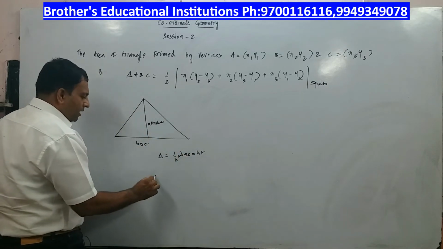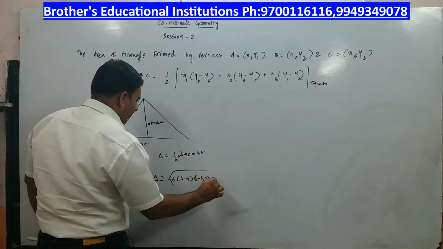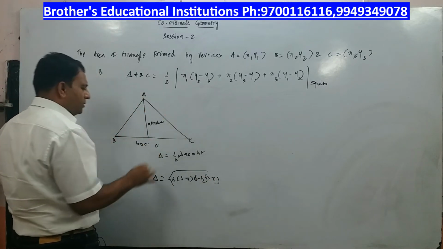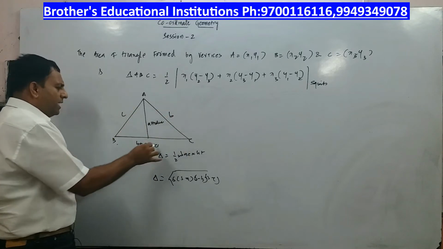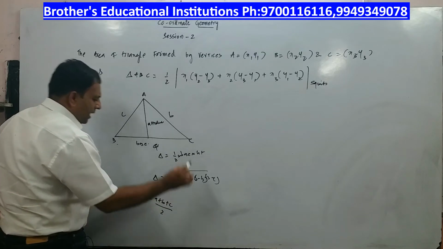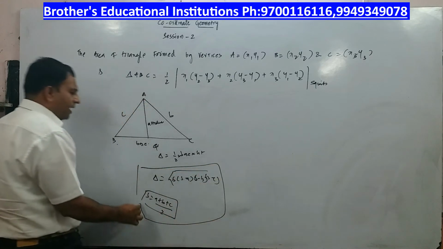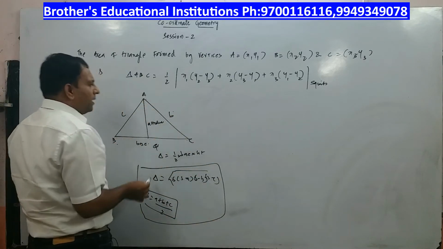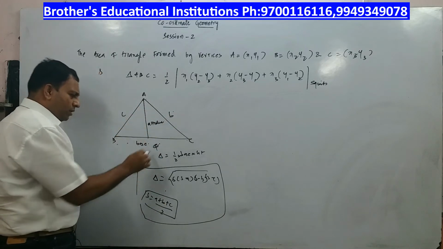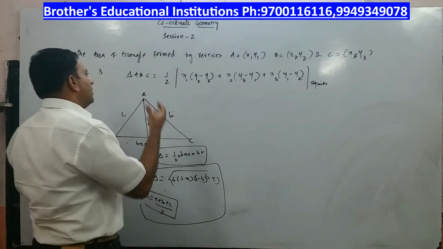Or you have Heron's formula, area of the triangle is equal to under root of s into s minus a into s minus b into s minus c, where this is a, b, c, and opposite to A is small a, opposite to B is small b, opposite to C is small c, where a, b, c are the sides of the triangle, and then s is nothing but semi-perimeter, which is given by the formula s is equal to a plus b plus c by 2. So in this way, through Heron's formula, you can calculate the area of the triangle when sides are given to you, or if vertices are given, you can find sides and apply Heron's formula. If base is given to you, height is given to you, you can apply this formula. Or if vertices are only given to you, you can apply this formula and try to get the area of the triangle.